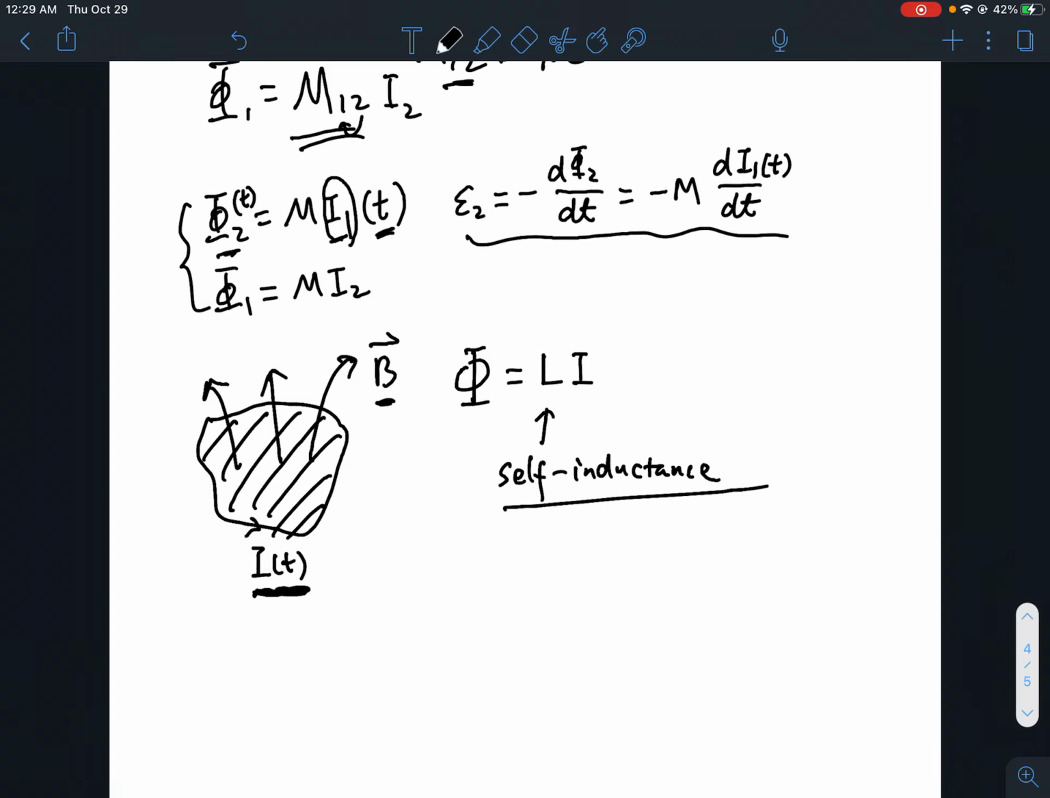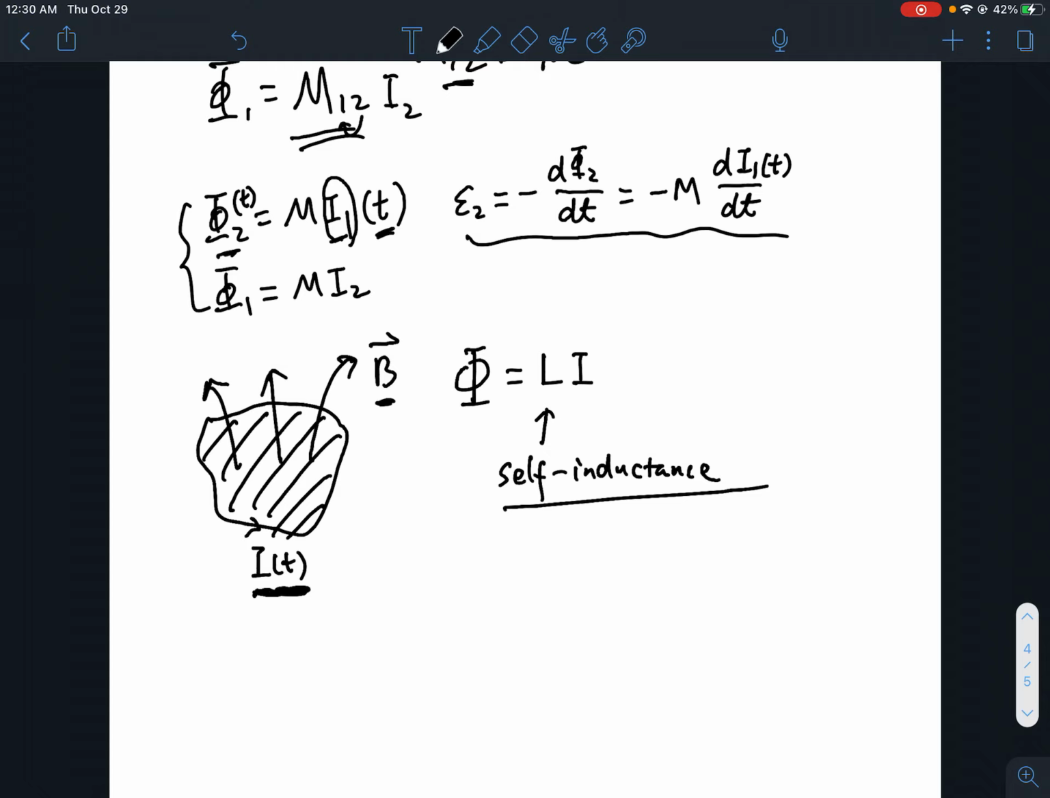This is the self-inductance of this loop. Sometimes people just call it the inductance, and don't really say self-inductance. Now you can see that if you have current, of course it will have magnetic flux through itself. And if I changes as a function of time, it will also create